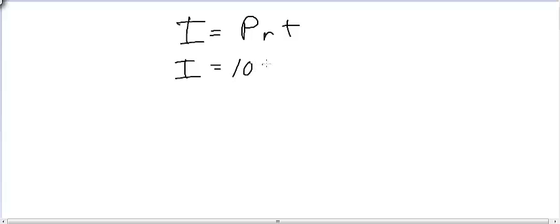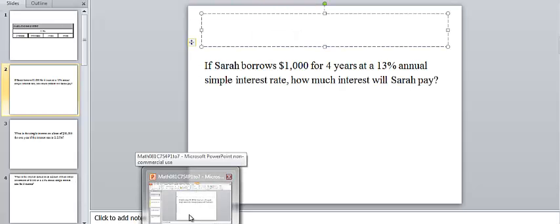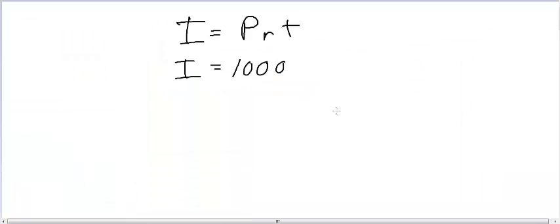So using my simple interest formula, I equals PRT. Interest is what I want. Principal is $1,000. The rate, we said, is 13%. Now, rates in problems like this, when we put them into an equation, we want to put them in as decimals. We never want to put them in as percentages. It's going to throw off our answer. So we put in 0.13